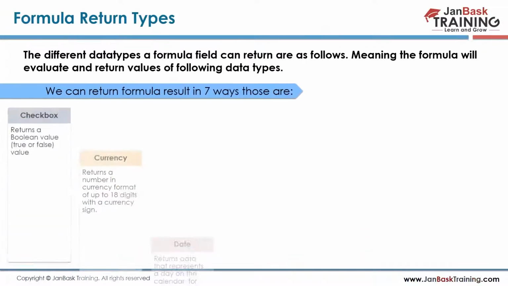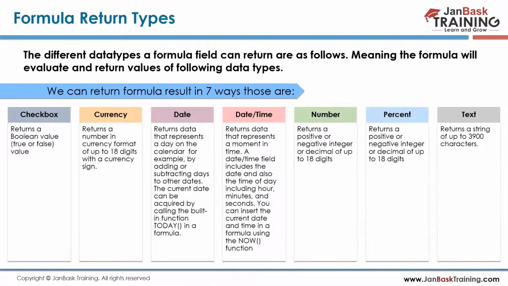Yep. So now since we are writing a formula, what will that formula return? The formula field is itself a return type, a data type, just like text, number, lookup, master detail. But overall, the formula that you are writing might be a calculation of two numbers. For example, the percentage calculation using taxes. There's a $100 product with $20 taxes, the total amount is $120. So a number is being returned, or a currency is being returned.